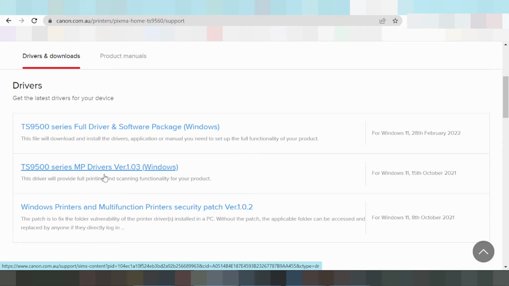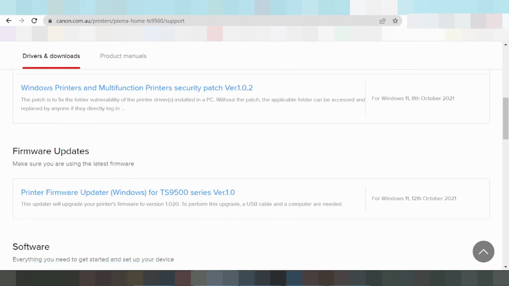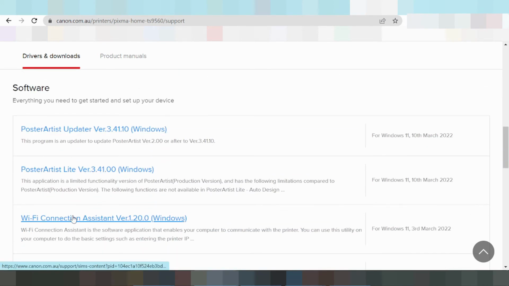This here are the two drivers for scanner, for printer, scanner and printer. Okay, this here is the operating print and multifunction security, and this here is the firmware update, and this here is the driver to connect Wi-Fi only. This here is the driver for Wi-Fi only, not for a cable printer. Okay, this here is the Wi-Fi connection for printing only. If you need to install,